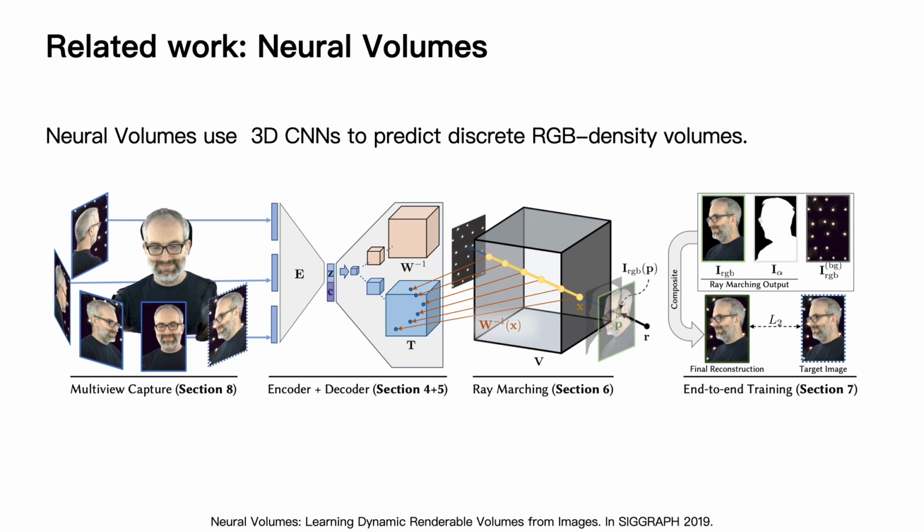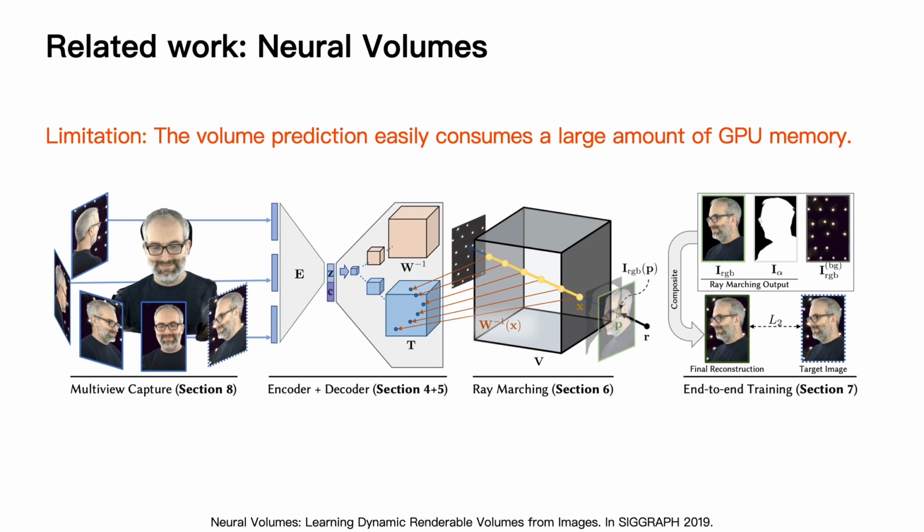Recent advances in neural scene representations provide a promising solution for this problem. They represent 3D scene with neural networks, which can be effectively learned from multi-view images through differentiable renderers. A representative work is neural volumes, which models a set of RGB density volumes predicted by 3D CNNs. While neural volumes achieves impressive rendering quality, the volume prediction easily consumes large amount of GPU memory, limiting its ability